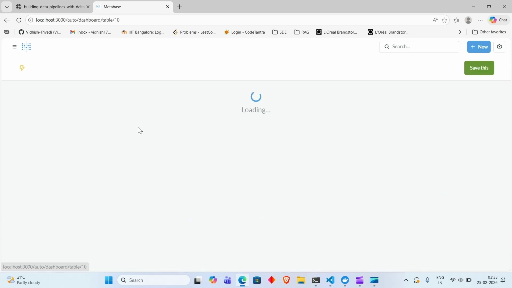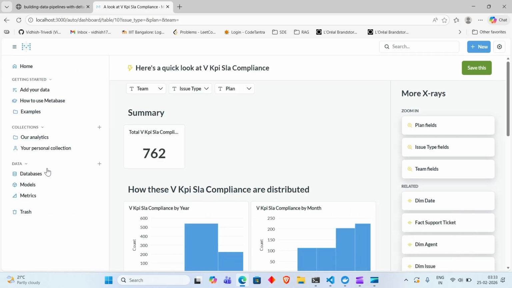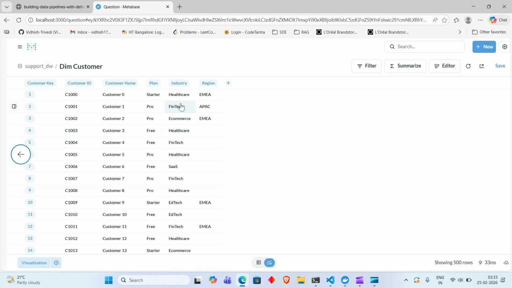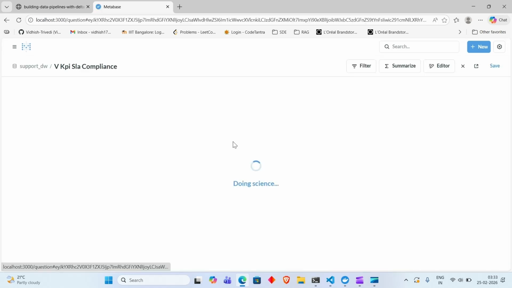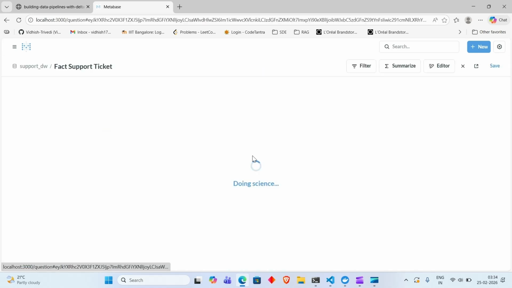So this is what that data looks like. I'll quickly show you the actual table itself. Let's say for the issue type billing, they've had four queries and they've met the SLA on all four of those tickets. So 100% SLA compliance. And if you go to the fact table here,